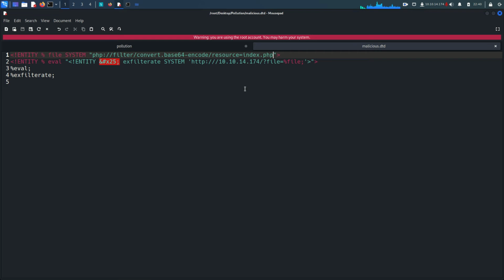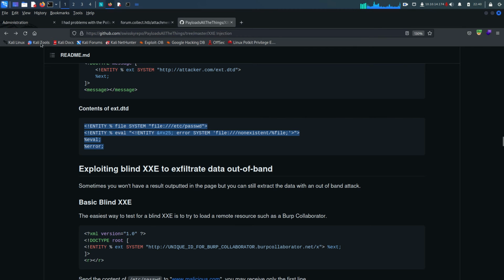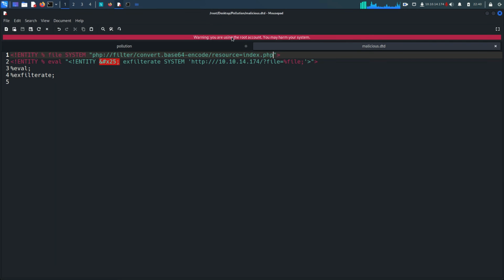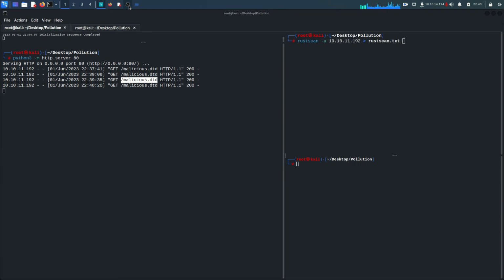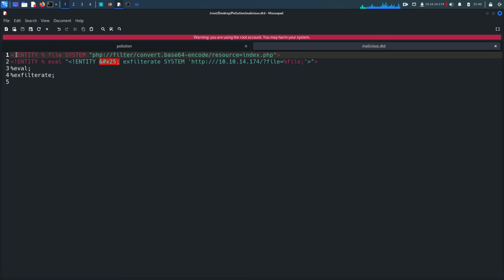So you can do like this, or you can go and do the file enumeration. Okay, save it and back here, send this again, come back here again. We did not get anything, so let's try this. I need to see http colon, oh come on, this is the issue maybe. File is equal to %file and seems okay. Let's do here a few more changes like this, save it again,